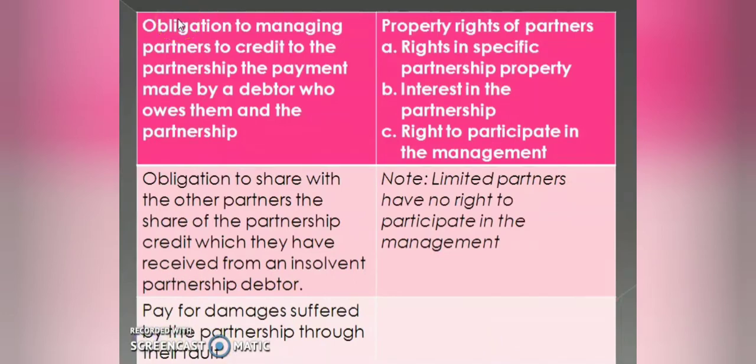So next is the obligation to managing partners to credit to the partnership the payment made by a debtor who owes them and the partnership. So Article 1792, if a partner authorized to manage collects a demandable sum which was owed to him in his own name from a person who owed the partnership another sum also demandable, the sum thus collected shall be applied to the two credits in proportion to their amounts, even though he may have given a receipt for his own credit only, but should he have given it for the account of the partnership credit, the amount shall be fully